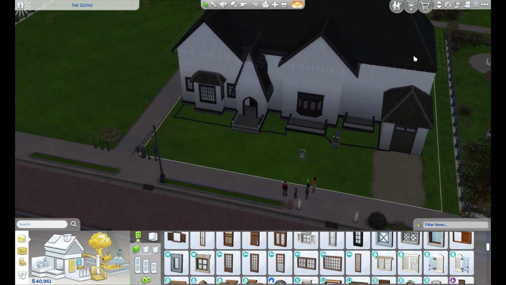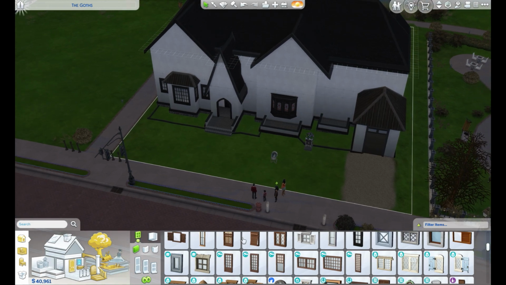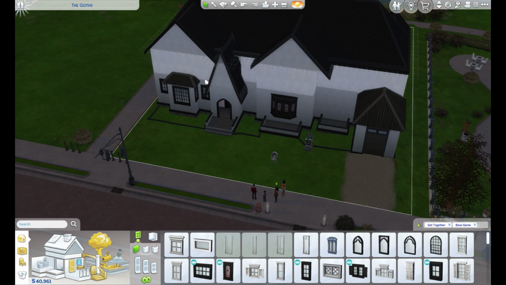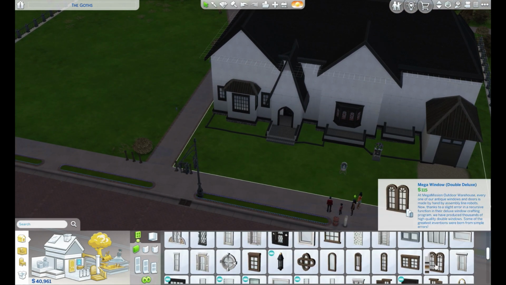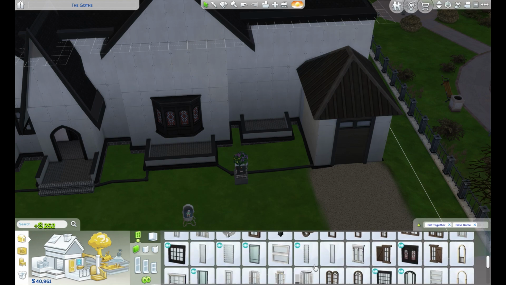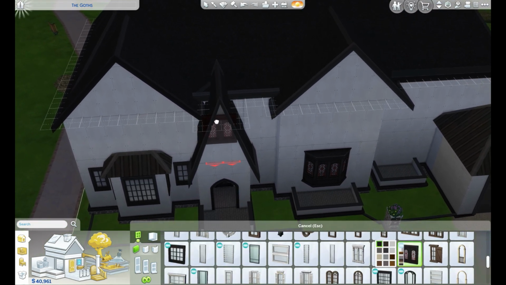And then I'll do some other windows and things. I'm probably going to put a door here just because I can. And then we're also going to go ahead and put a window up above here, but I think I might do one of the stained glass ones. Let's go ahead and get the one window I wanted. This is the one I want for above the door,